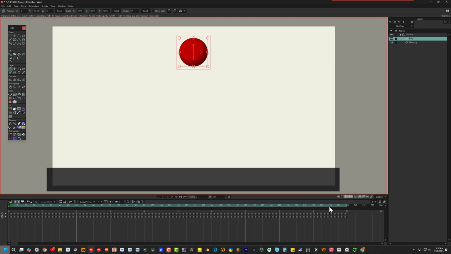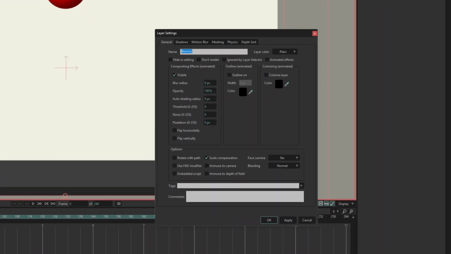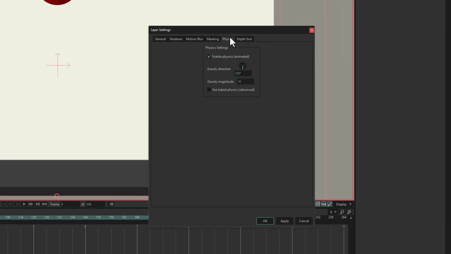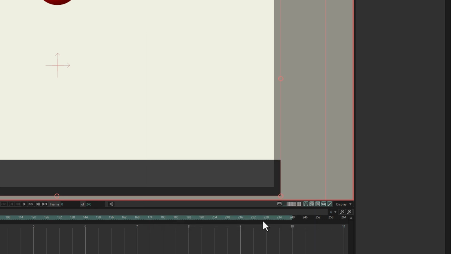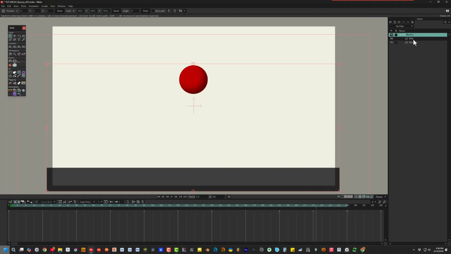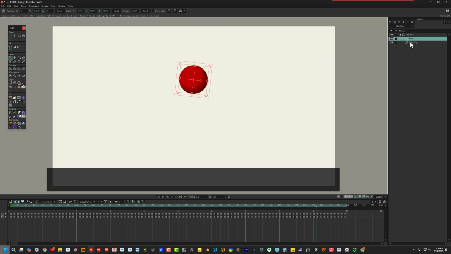Now let's disable the physics engine. Because we have baked keyframes for the animation, the physics engine is no longer needed. To do this, double-click the Bouncy group, select the Physics tab, and uncheck Enable Physics. Press Apply and then OK to accept the setting and close the window. When we select the Bally layer, we can see the animation keyframes there, and they run for the entire 240